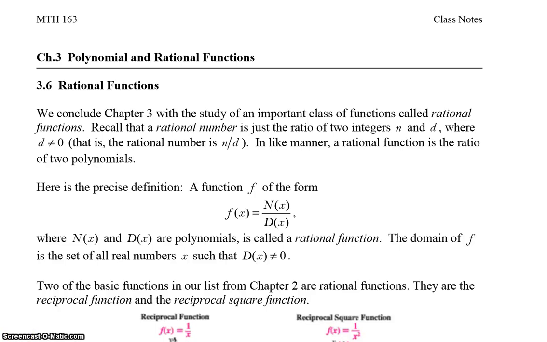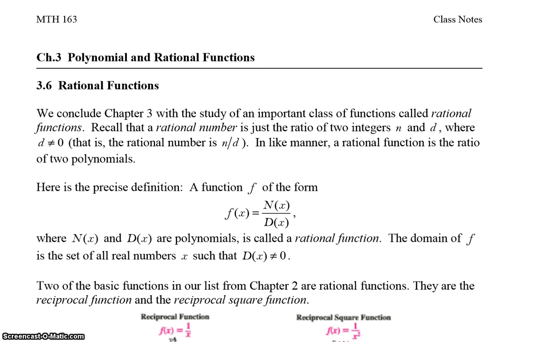Chapter 3, Polynomial and Rational Functions, Section 3.6, Rational Functions. We'll now conclude Chapter 3 with a study of an important class of functions called rational functions that are related to polynomial functions but really have to be considered separately since it's really a separate class with its own properties